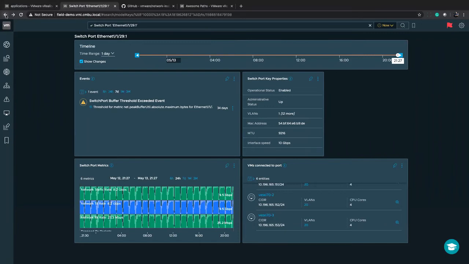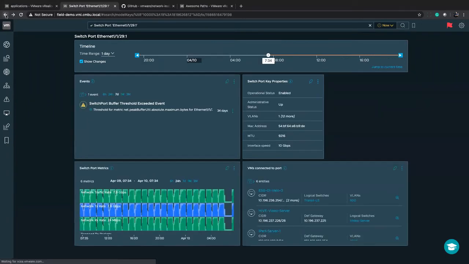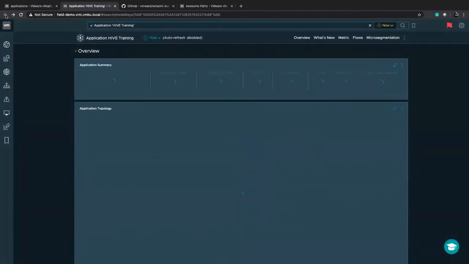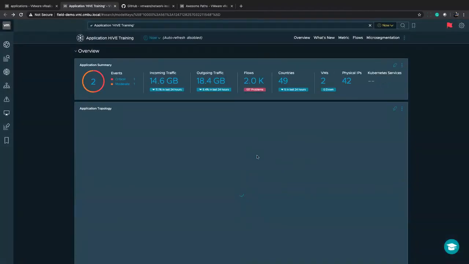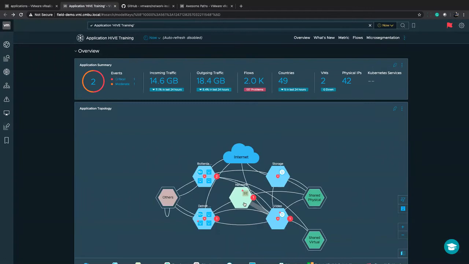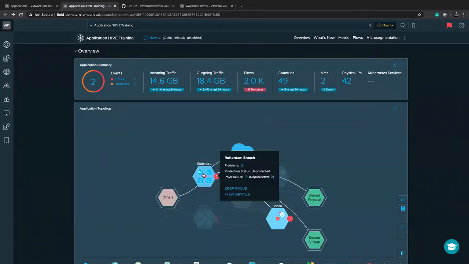So we bounce back. So that's one way, from an application perspective, I can go in and pinpoint that down to, let's say, an Ethernet interface. The other thing I can do is, let's say that user that contacted me is from the Rotterdam branch. So I can come in and focus on the Rotterdam branch,